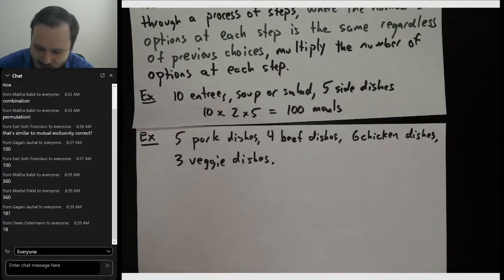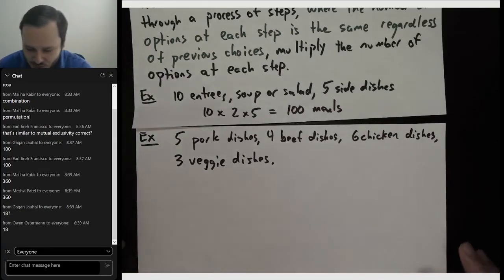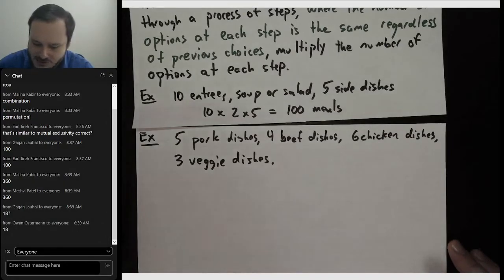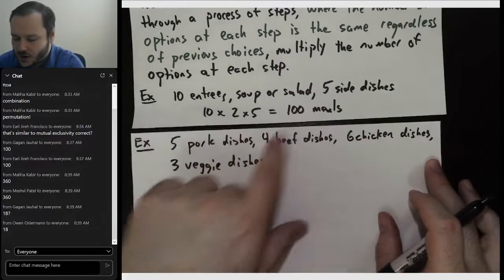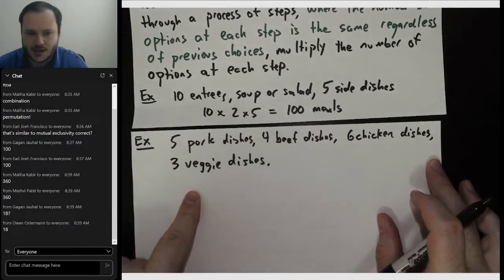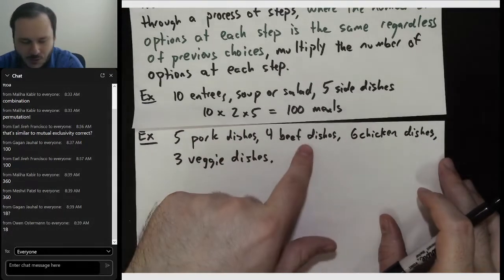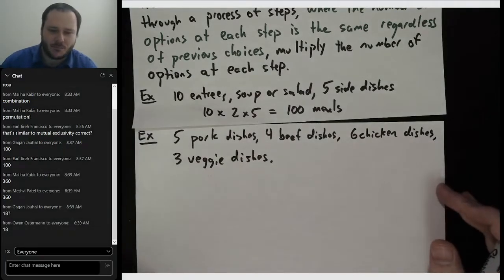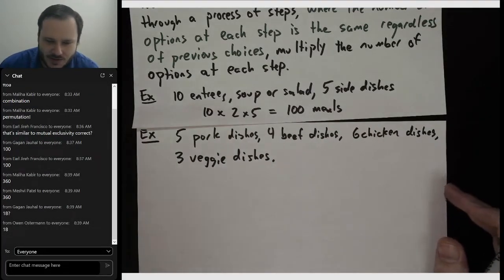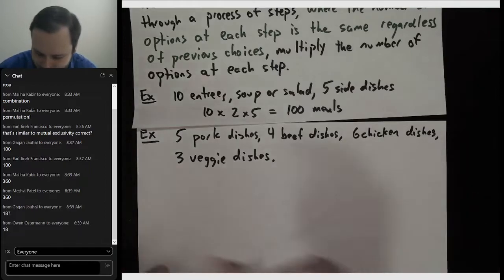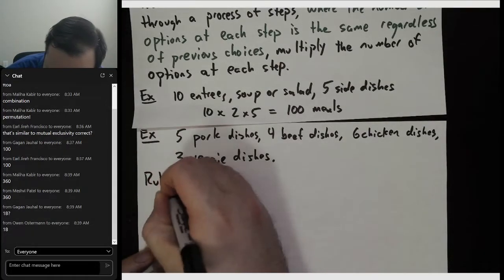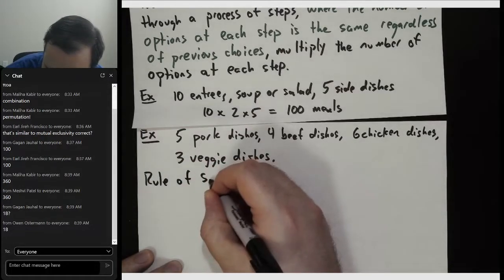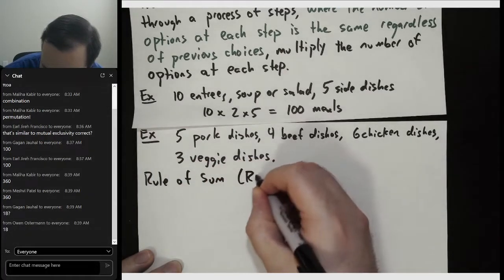But what I'm getting at here is a different rule, not the rule of product. In this case, when I go to order a dish, I'm just going to pick one of these options. Either I will order a pork dish or I will order a beef dish, but I'm probably not going to order both unless I want a really big meal. So in addition to the rule of product, we have our rule of sum, ROS,